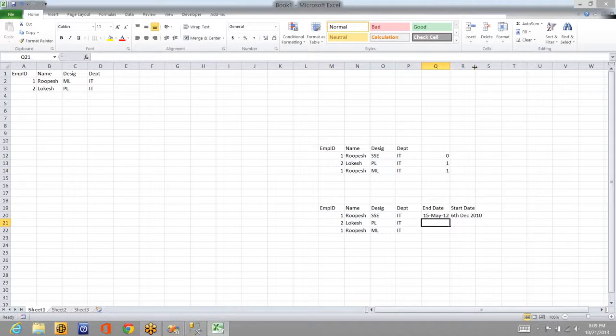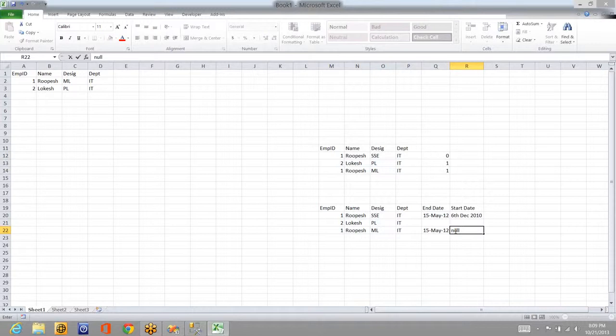So Rupesh joined as SSC on so and so date and it ended on so and so date, and the same day he became module lead, and null means he is still continuing as module lead, right?